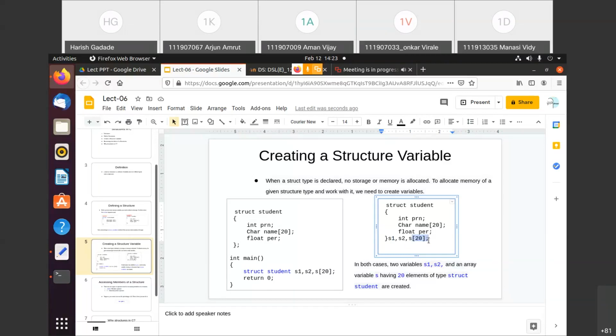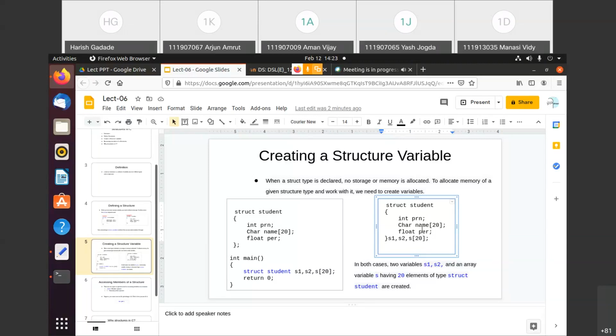So that's similar to this cluster also. In this cluster, what is the name of S of 0? S of 0 is the first student from this cluster. So S of 0 PRN, S of 0 name, S of 0 percentage.